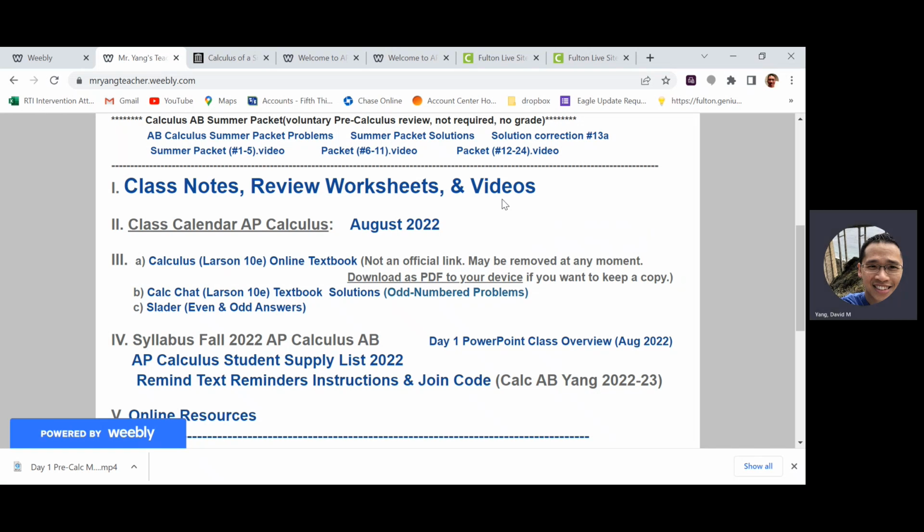Just to show you, this is the textbook that we're using. I don't really feel like you need a physical copy of the textbook, but if you want, you can definitely go down to the media center, check one out, and just leave it at home. There's no need to be carrying this book at school. I'm going to have all the notes printed for you. Everything you need, I'll have for you, so you don't necessarily need this. But if you want a physical copy at home, that's fine.